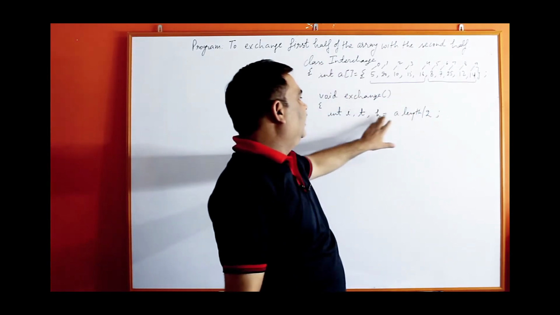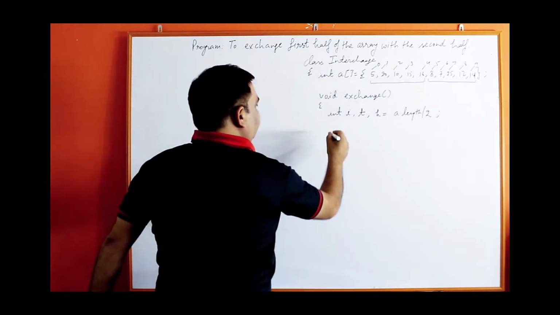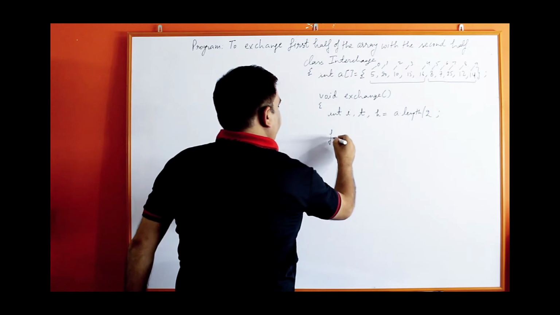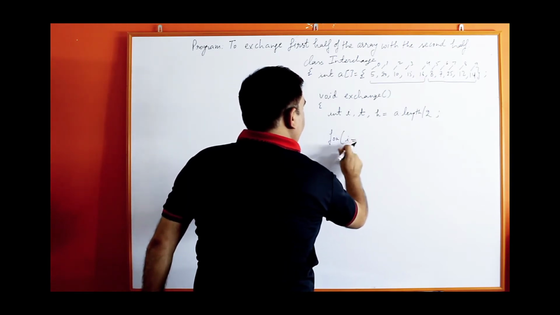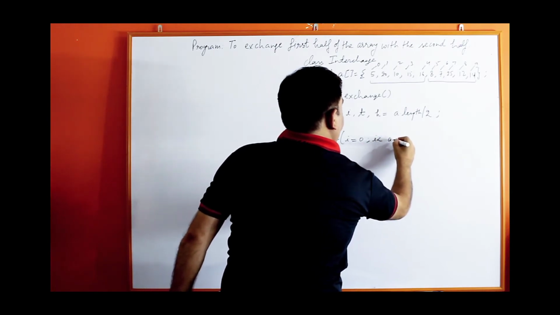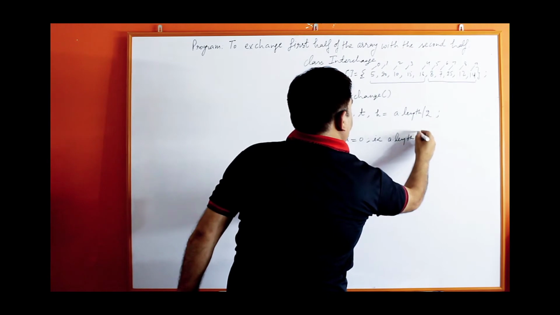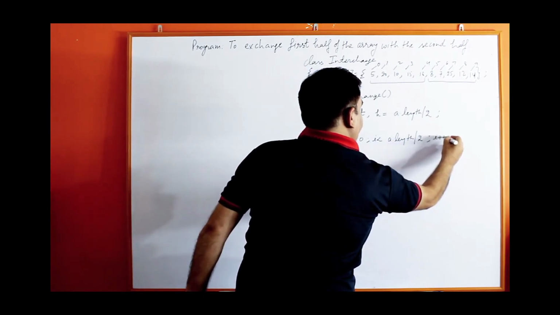So length is 10, h will be 5, and using the loop, make one loop for i equal to 0, i is less than a dot length divided by 2, make the loop just half,